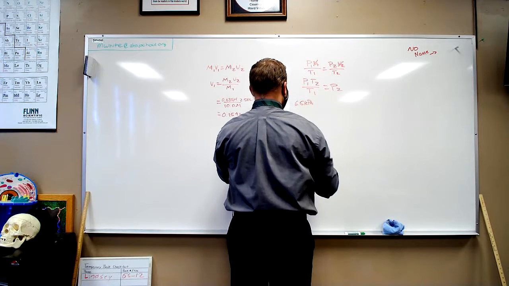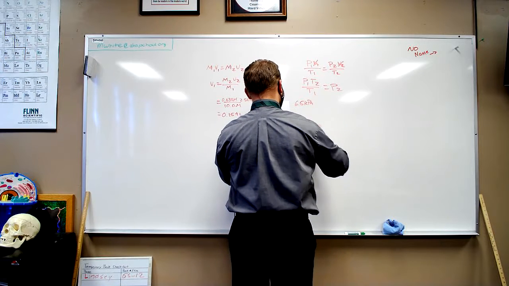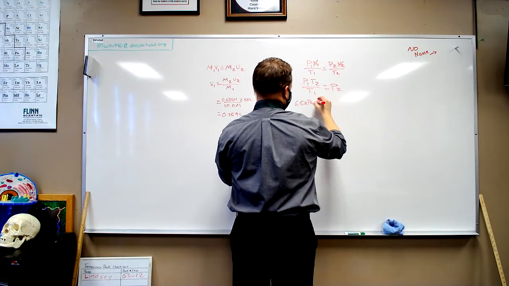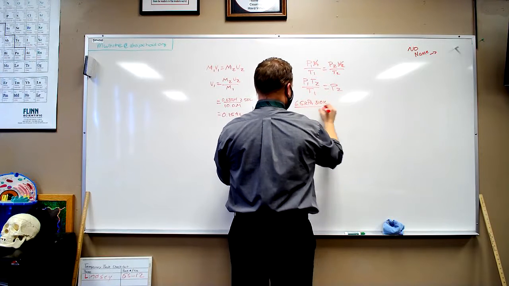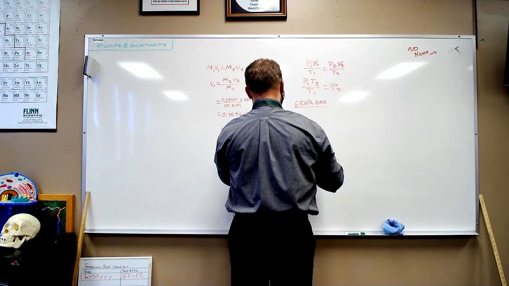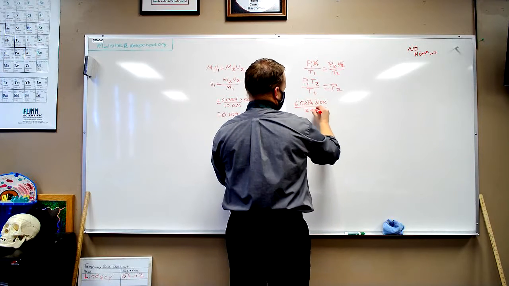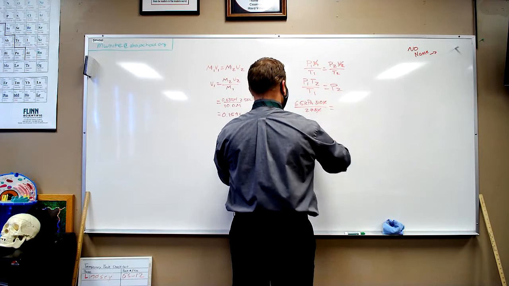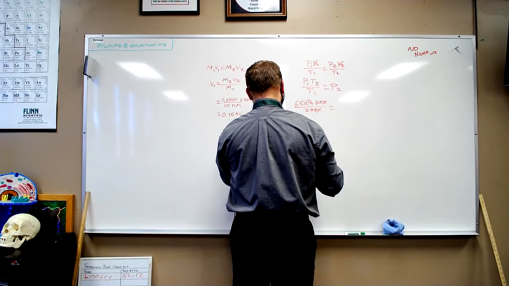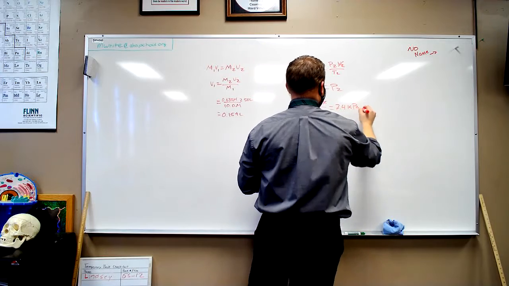T2, okay, our new temperature. So it's 37 degrees Celsius, but we've got to use Kelvin, okay? So 37 degrees Celsius is 310 Kelvin. And then T1 is 0 degrees Celsius, or 273 Kelvin. Kelvins cancel out. We're just left with pressure, which is what we want. And we get 7.4